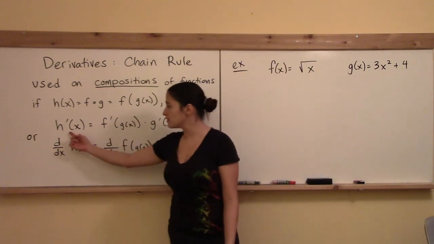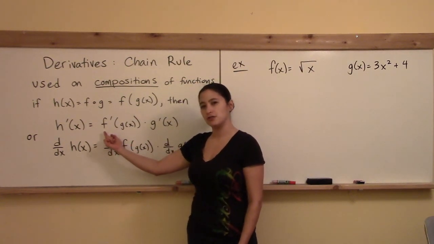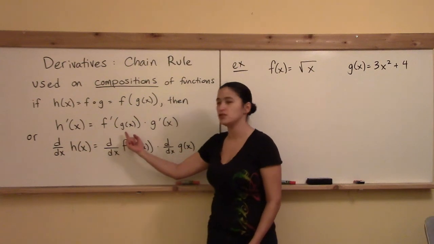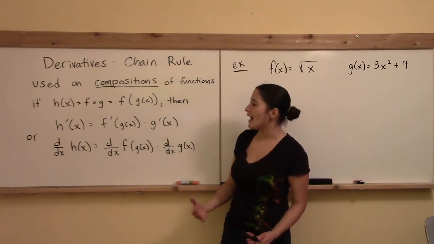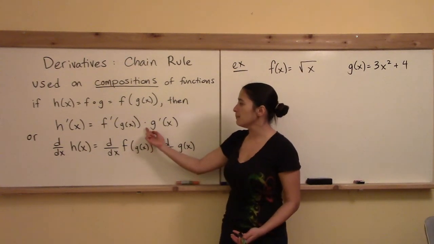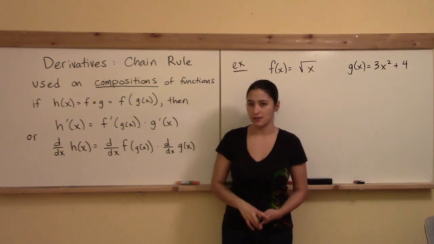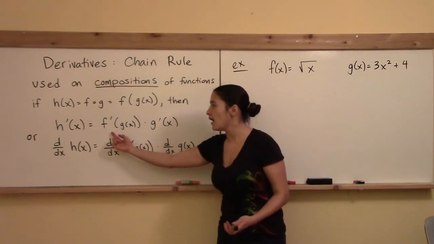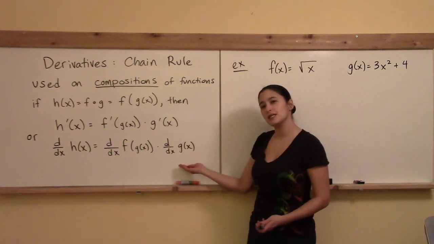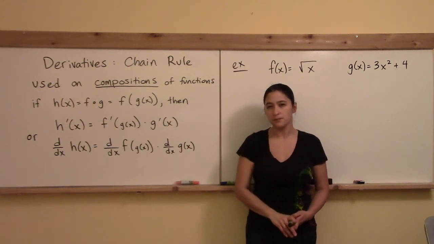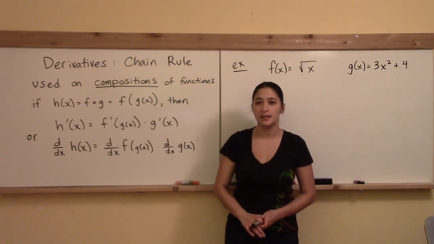How I'm going to take the derivative of h is I'm going to take the derivative of the outside function. So that's why you see here f prime of g. I'm going to take the derivative of that outside function and evaluate it at g of x. And then I'm going to multiply that by the derivative of g evaluated at x, okay? So it's read as f prime of g of x multiplied by g prime of x, and here I've written it in the d/dx format as well. You're going to get a lot more comfortable with this after you've used it on many concrete examples,